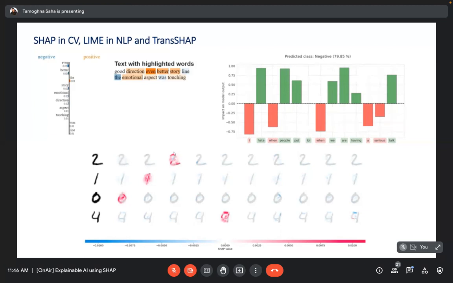But here in 2, as you can see, where most of the heat map or the contribution is, this is where the kernel understands that there is more overlap of these two with the ground truth 2 that we have with us. Similarly, it goes for 1, and similarly for 0. In 4, as you can see, the heat map or the red map contribution is positively providing to all the 1, 2, 3 sides and also on the top.